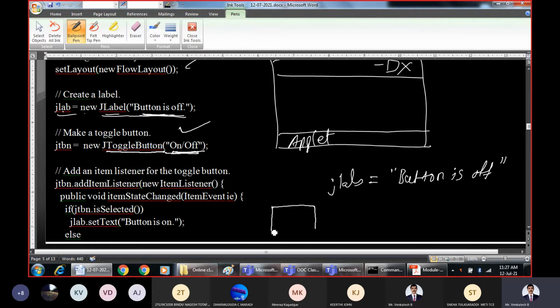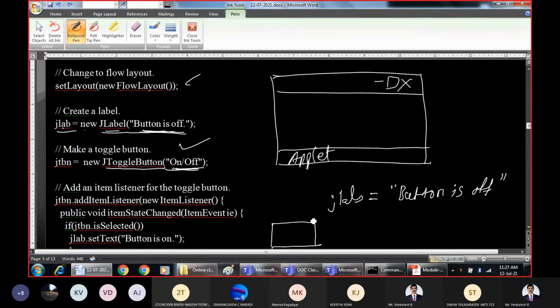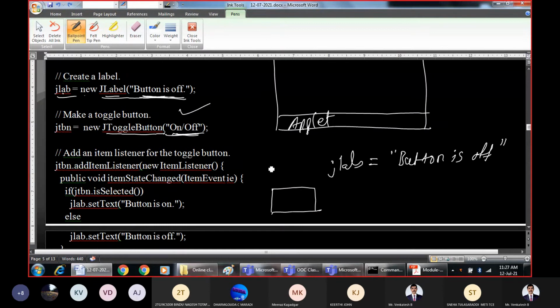We are creating one button, that is JTBN, by passing on or off. That is some label given to that.